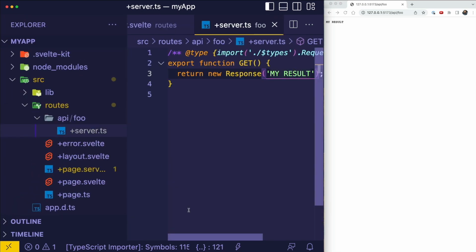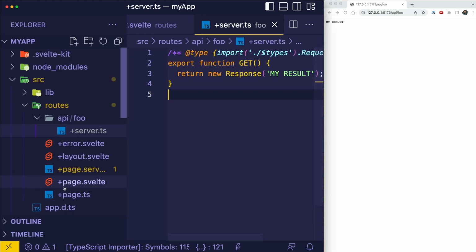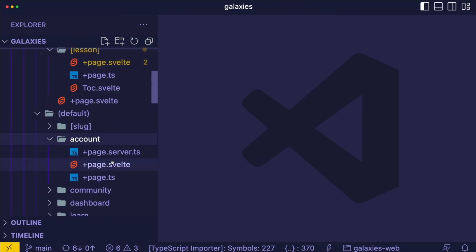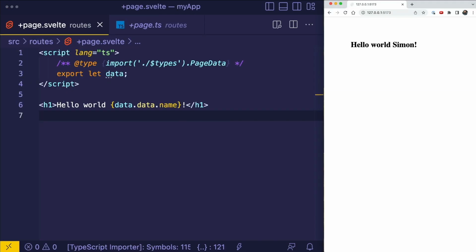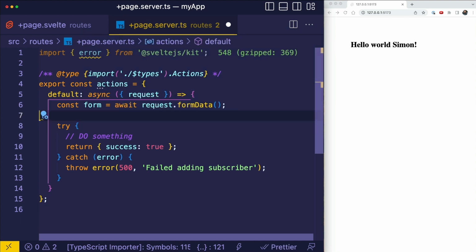Next to this, you can easily define API endpoints by creating a server.ts file with the usual HTTP verbs like get, post, patch, put, and delete. While all of this looks really confusing, it actually feels very natural while working with it. On top of that, you get benefits like full type safety between your browser and server files to the page data type. Besides the routing and file logic, SvelteKit offers additional features like enhanced forms for which you can export